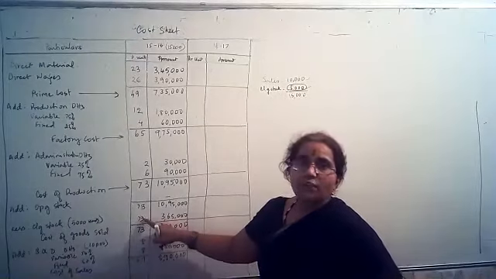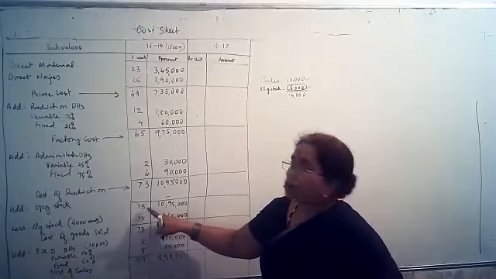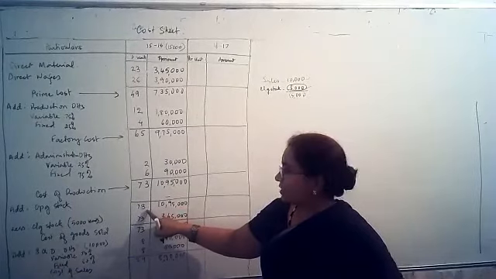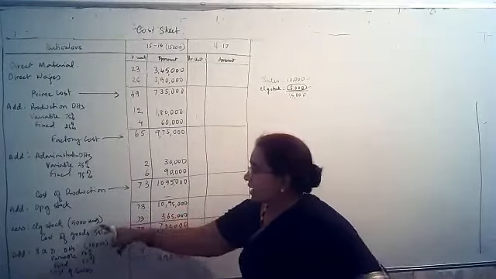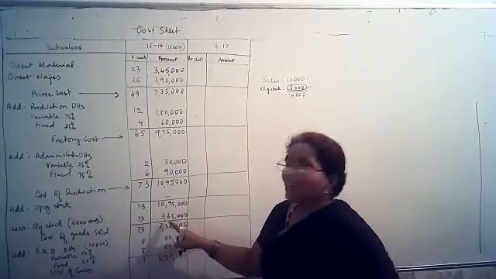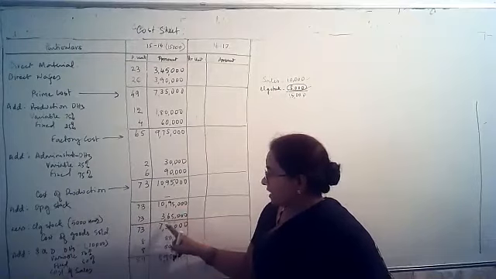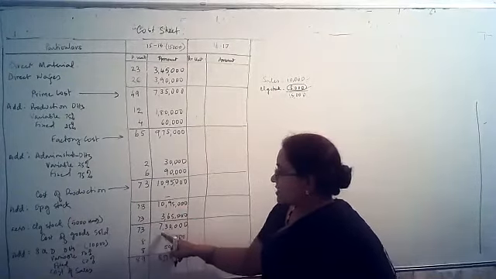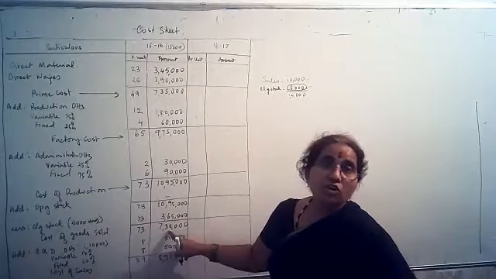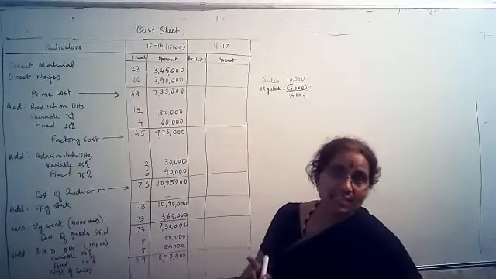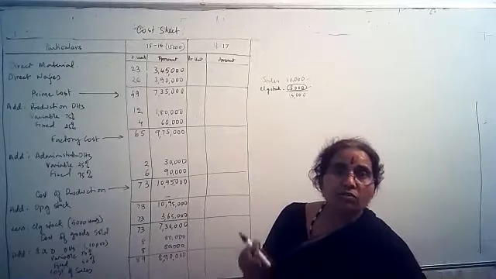5,000 is valued at the cost of production. If you see the cost of production per unit column, 1 unit is costing about 73 rupees. So if you multiply 5,000 into 73, I get 3,65,000. If I deduct, I get 7,30,000 as the cost of goods sold. This is not called cost of sales. It is cost of goods sold.